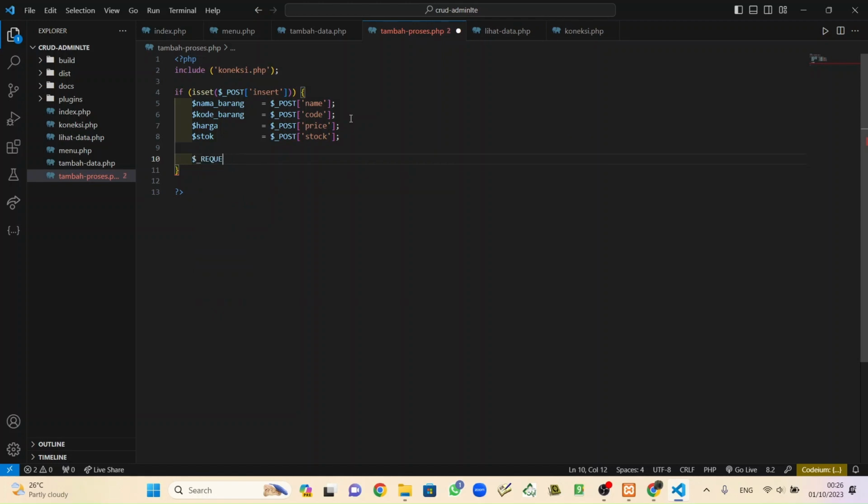Variable query. Give a query: insert into barang. Okay, this is the name of the table, the table name inside the database.